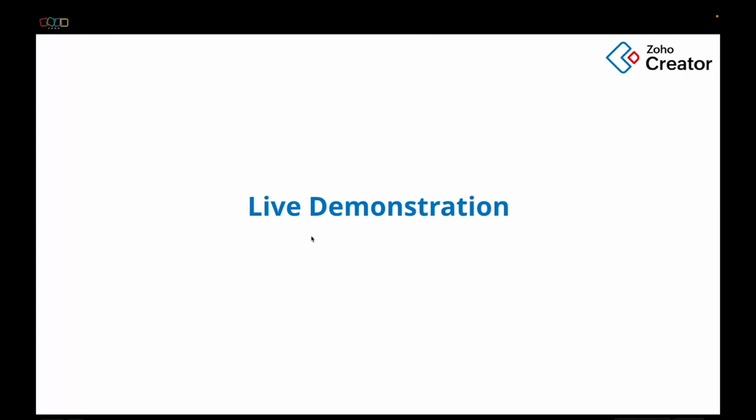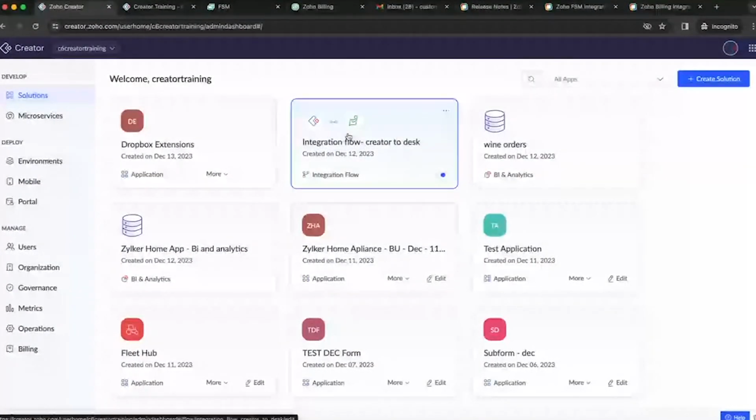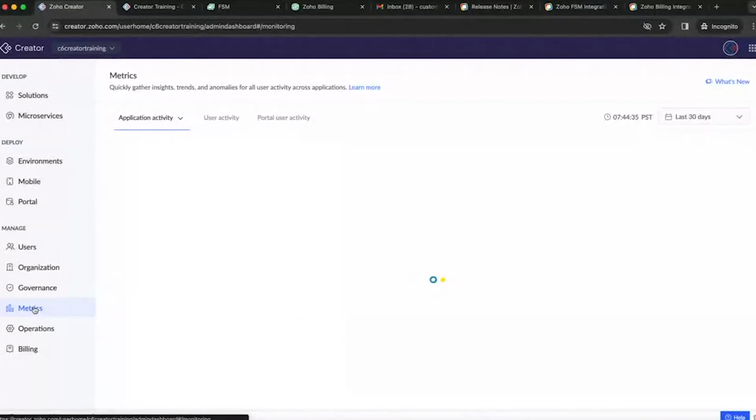So, I'm just going to the creator platform now. This is our creator platform, right? On the left hand side, you can see the Manage section. Under Manage, we have the metrics. I'm just clicking on the metrics, and as soon as I click on the metrics, I am able to see the application activity, user activity, and the